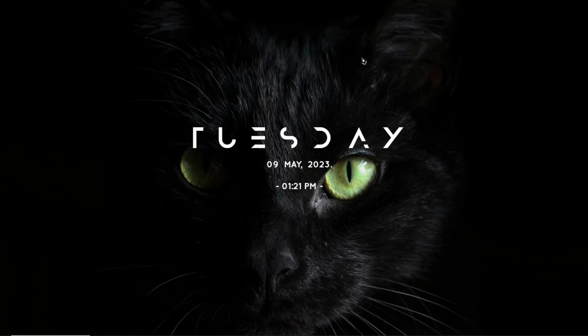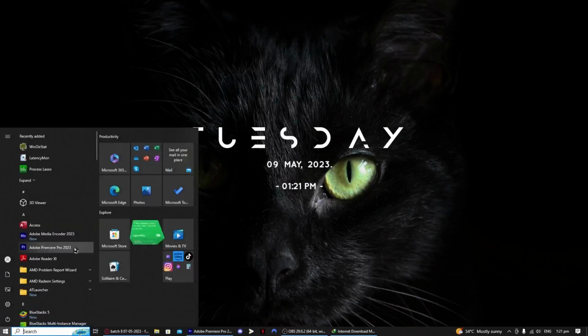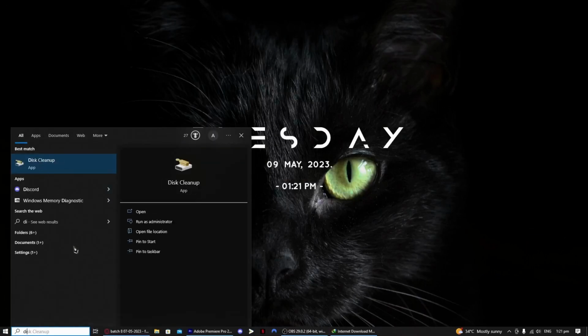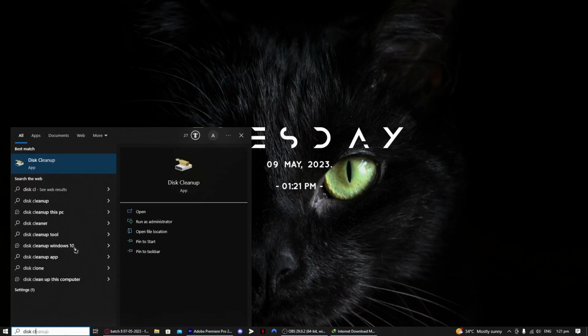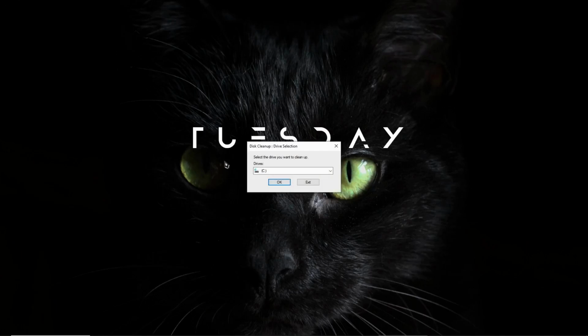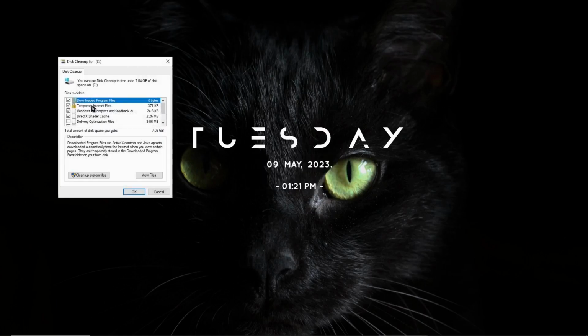The next thing that we're going to do is simply disk cleanup. So we search again for disk cleanup right there. As you can see, there is a disk cleanup. You want to click on this one and choose the drive that you want to clean. For me it's the C drive, so I'm going to click OK, and after that we have it here. From here we're simply going to select all of this right there,